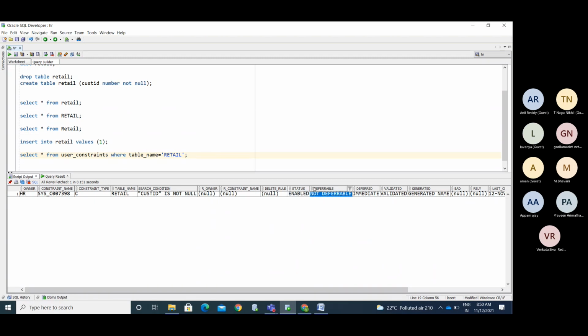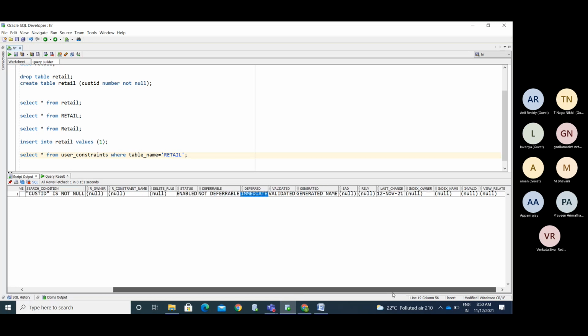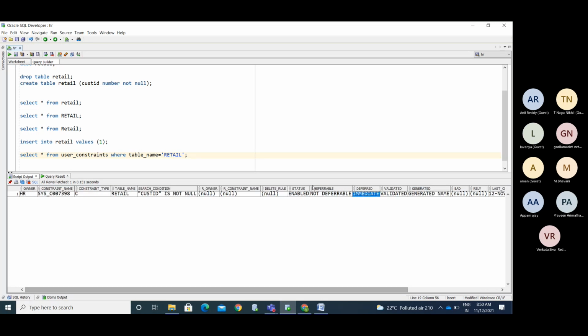Deferrable helps you, and I will explain it in the primary key constraint. These are not required for us. So mandatory are status enabled or disabled, and deferrable.